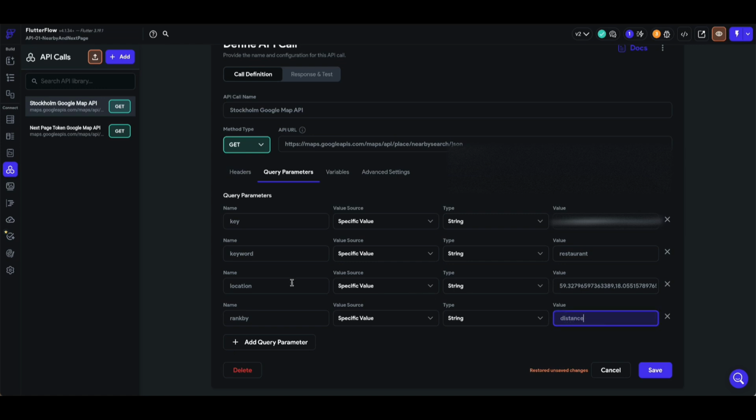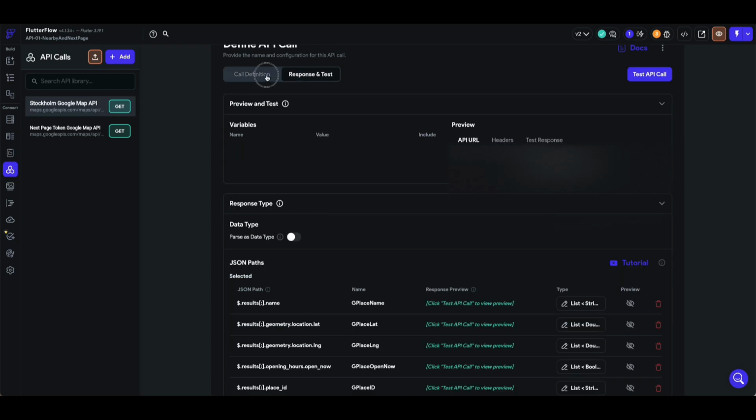So from Stockholm City Hall, I want to get all the restaurants in a list of 60 results, ranked by how far they are from the Stockholm City Hall. I already have these 60 results in my Firebase